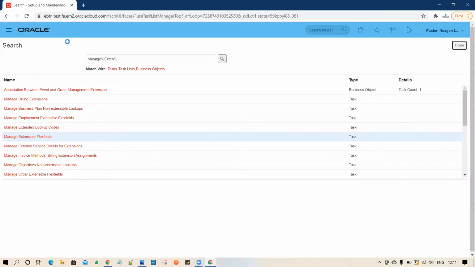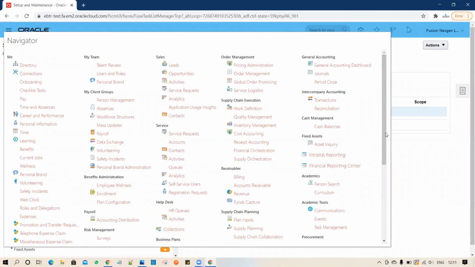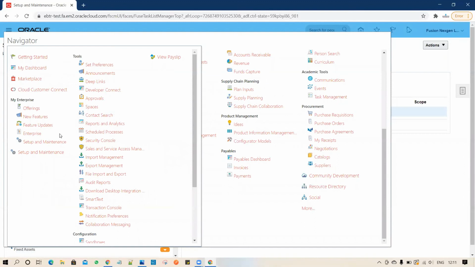Once you click on done, then you have to go to the navigator, and under the navigator you have to go to the tools, and then you have to go to the scheduled processes. So we have to publish.